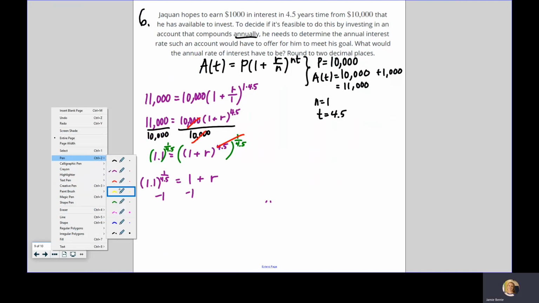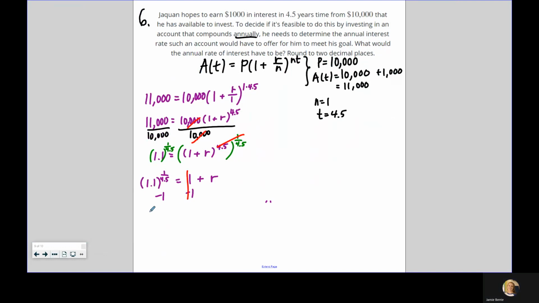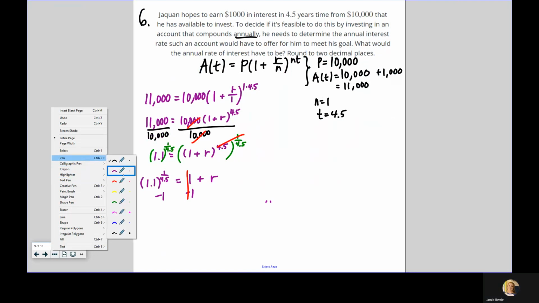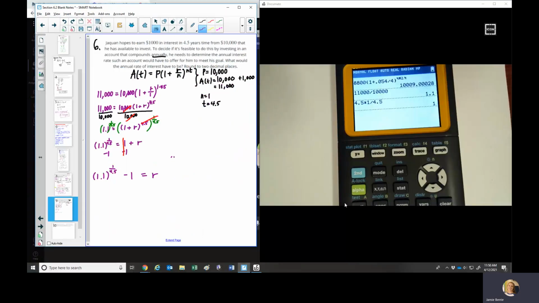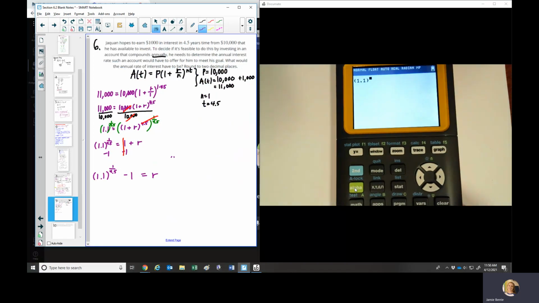All right, so on the right-hand side, that's going to cancel. Then on the left-hand side, you have 1.1 raised to the 1 over 4.5 minus 1 equals the interest rate. All right, so let's get our calculator. Parentheses, 1.1, close parentheses, raised to 1 over 4.5. Get out of the exponent, use the arrow button, minus 1 is